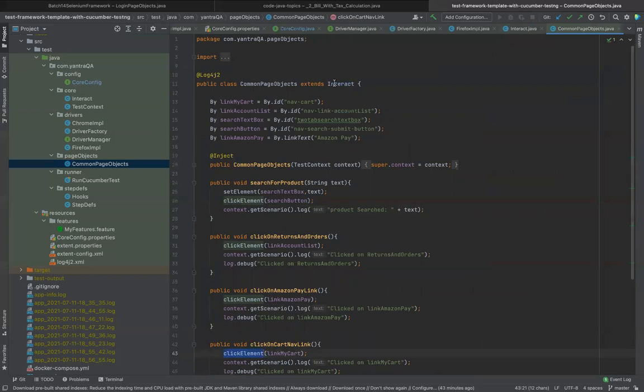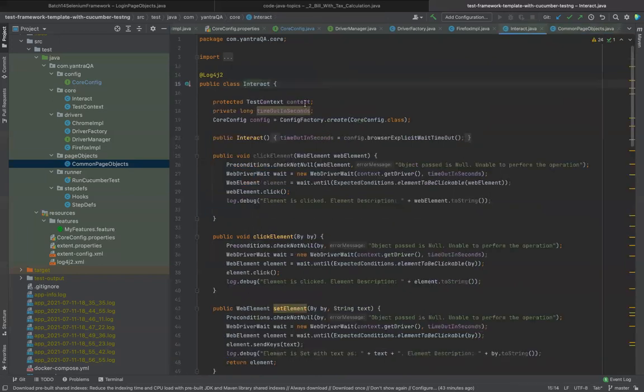You may change the approach. You may say this is not the right way, because in general inheritance is not favored, and composition is more favored compared to inheritance. So if you want to create an object of interact and then perform operations with it, that's also fine. But I'm just making use of interact here so that I don't have to create the object. I can just call it because it's available here. And the driver is also